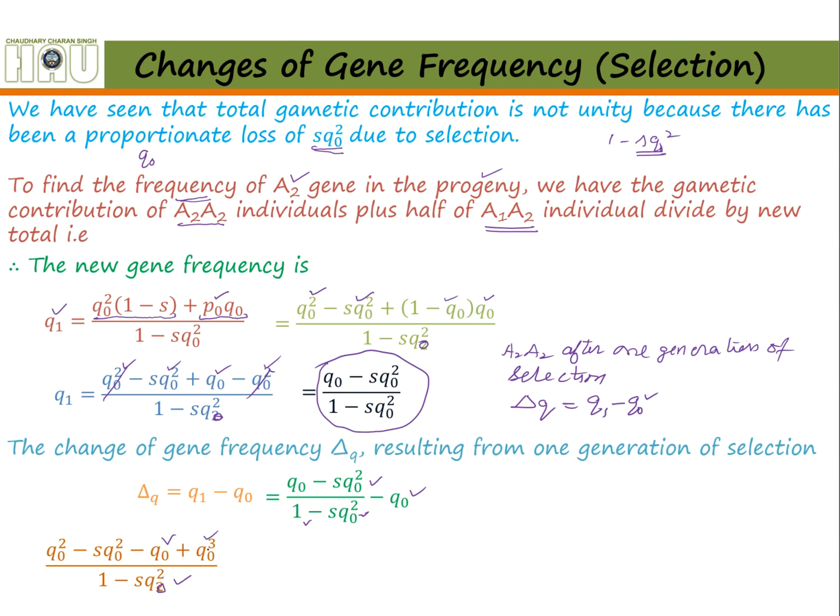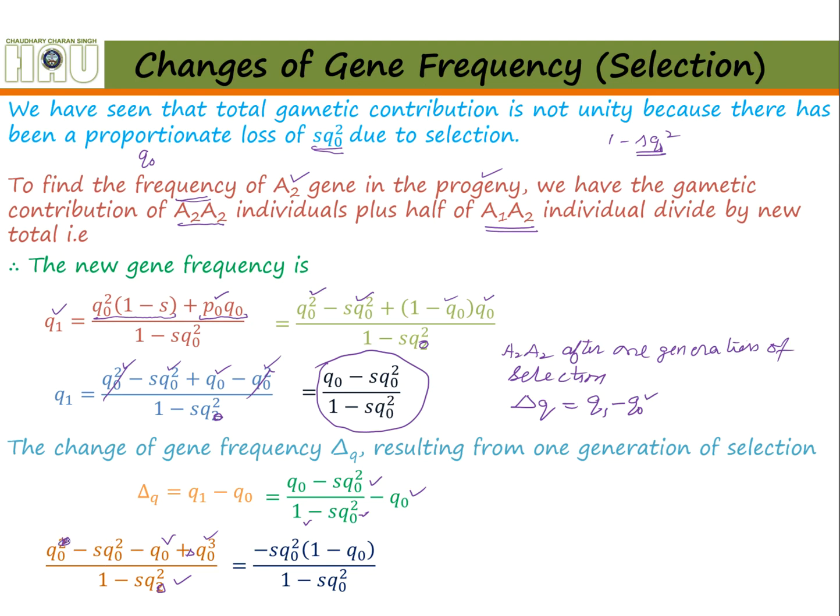I will get Q0 plus SQ0 cube. So Q0 minus SQ0 square, and on simplification, if I take minus SQ0 square common,